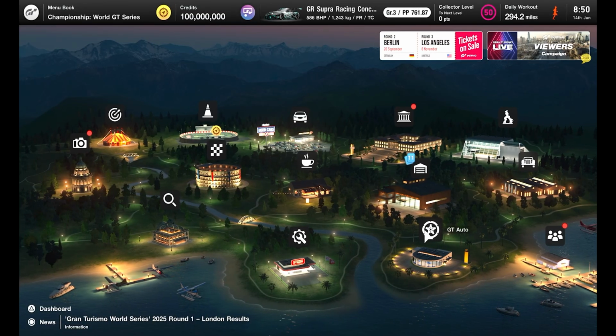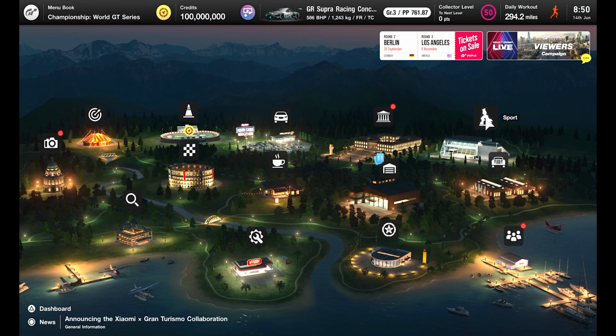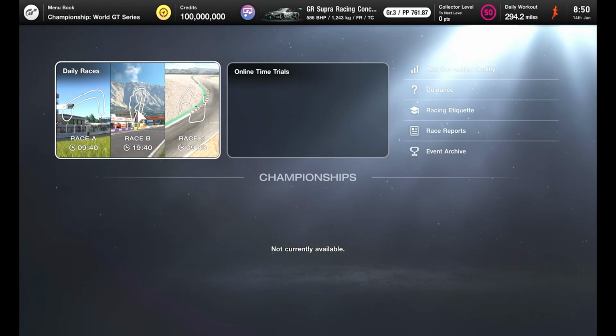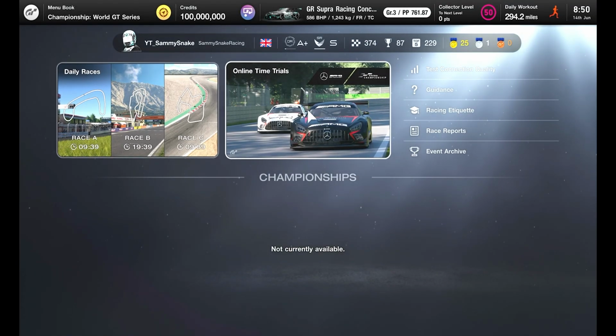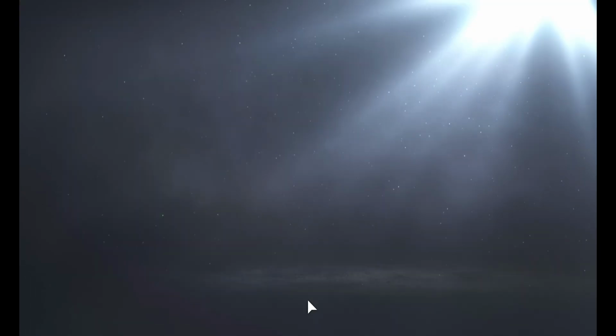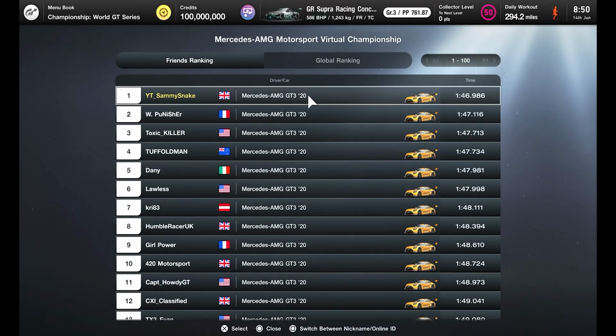So first of all, to find this event, all we need to do is navigate up to the sport menu, top right hand corner there. And it's in the usual location where all the other time trials are. But for those who haven't done that before, go over to the right. Time trials just there. And we'll see on the far left hand side is Monza. You click on that and what we'll find here is my time here,